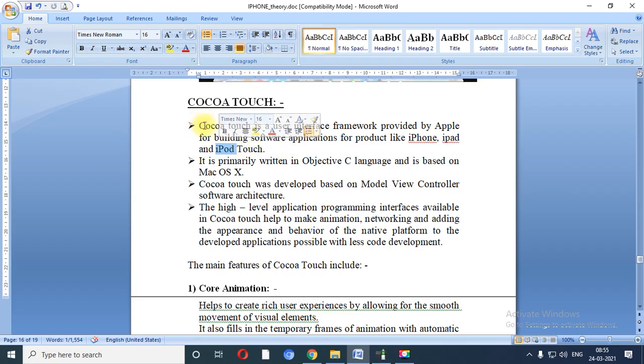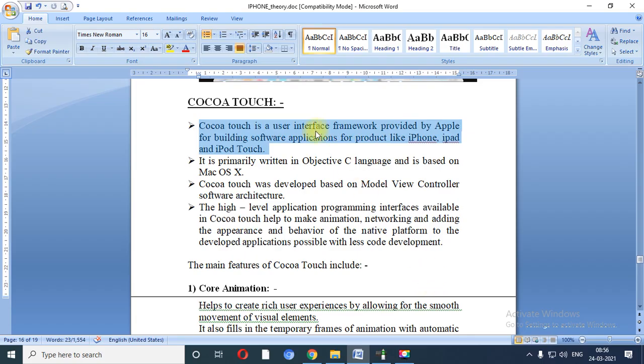So what is Cocoa Touch? It is a kind of framework provided by Apple to build such kind of applications for the iPhone, iPad or iPod, right? So let me read the first point.